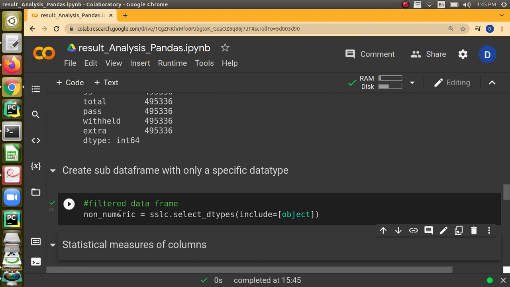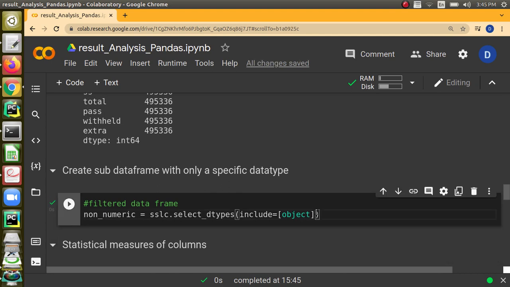So I'm calling this a filter data frame, and I'm telling non-numeric equal to slc dot select_dtypes. We can use it, and as we give in describe, here also you can tell include equal to. You can specify the data types which should be included. Like this we can create sub data frames.